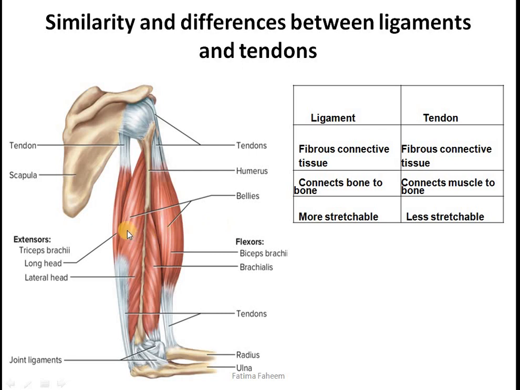Okay, now let's see biceps and triceps. Biceps muscles are above here. You can see they are labeled here, while triceps are below. I will tell you the function later when we read about extension and flexion. But for now, just remember that biceps and triceps are antagonistic muscles. Antagonistic muscles means that they work opposite to each other.